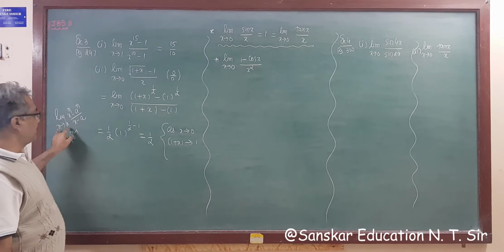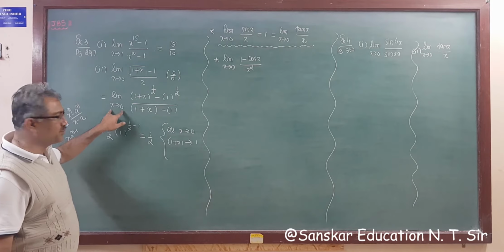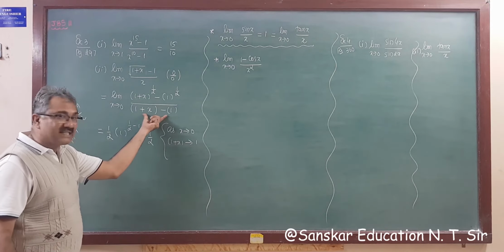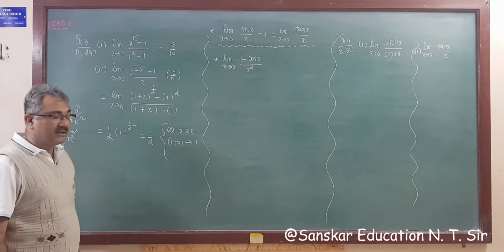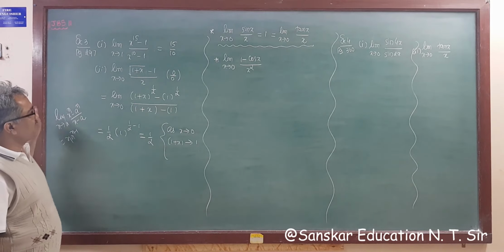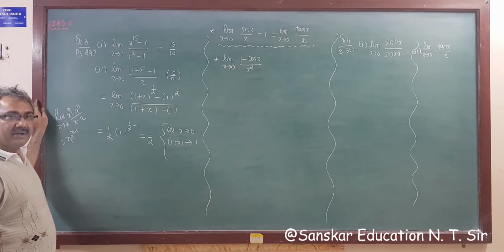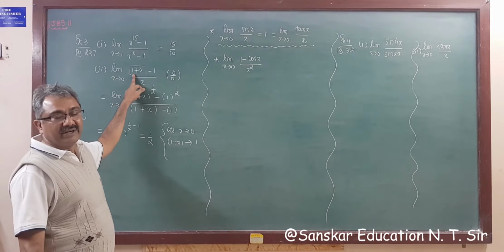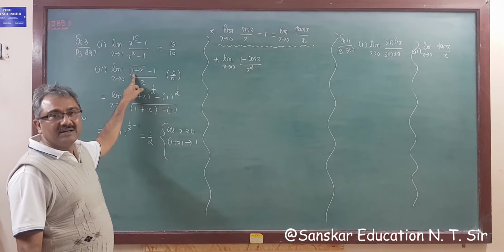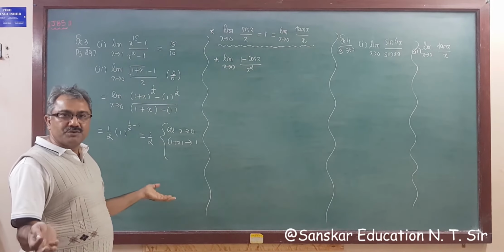So you need x tends to 0, but here you need 1 plus x tends to 1, so you can write here, and if I add 1, then we get this. For this type of question, another method: you can rationalize if it is a square root. But if it is not a square root, then you can't rationalize this. Then you have to assume.